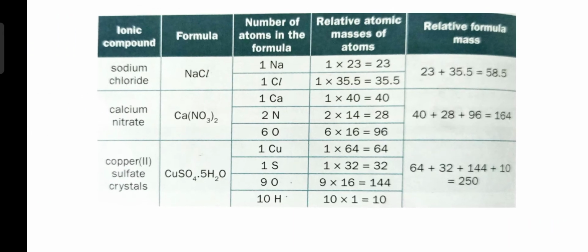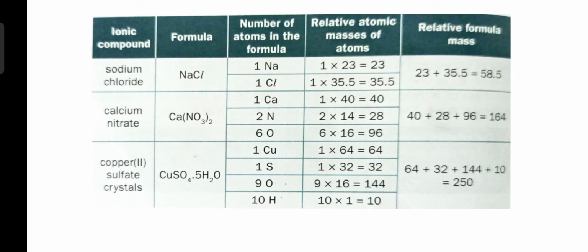Some examples of relative formula mass are sodium chloride NaCl, calcium nitrate Ca(NO3)2, and copper(II) sulfate crystals, CuSO4.5H2O. Okay, let's first discuss sodium chloride. The mass of one atom of sodium is 23, and as there is one atom of sodium, you will use 23 plus, for chlorine, it is 35.5,